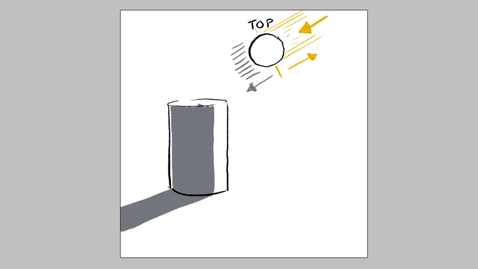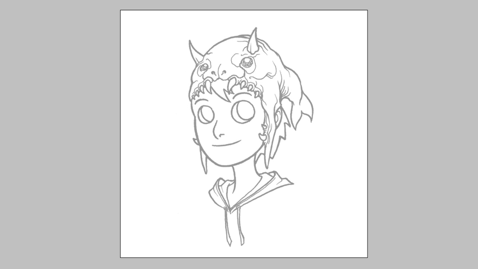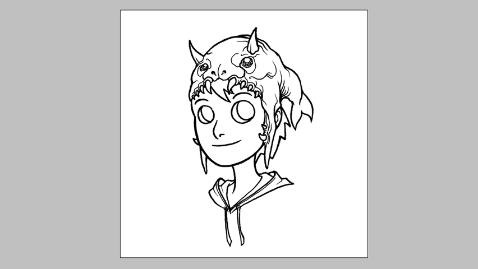So I have prepared for you some line art. All right, let's bring this up to full opacity. Now, doing cel shading on an object like a cube or a cylinder or a cone or even a sphere is pretty easy. When it comes to a more complex object like a face, it can be pretty tricky if you just jump right in